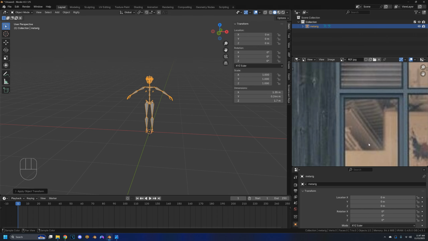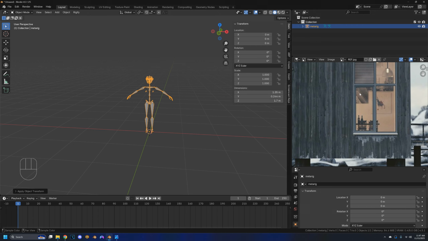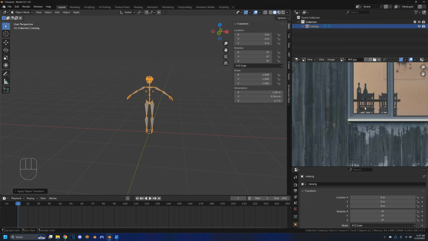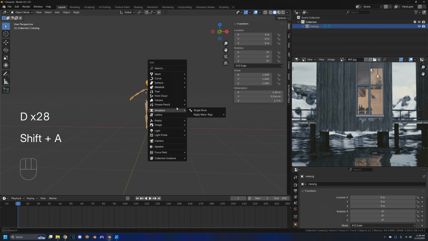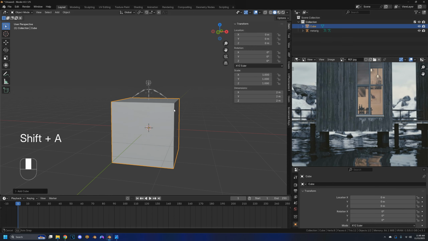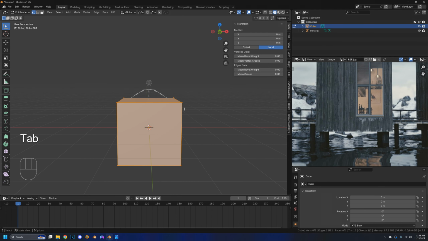So let's check. Okay, it's pretty tall, these buildings. Okay, because that's a chair size. A chair is usually knee height, where you sit on. So let's add a cube. Yep, we have a cube. We're gonna go in edit mode,